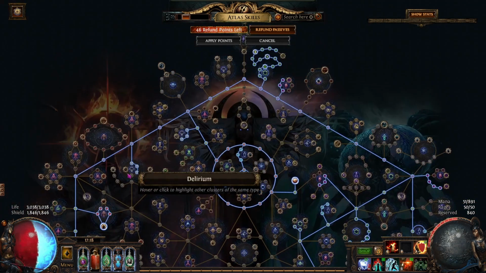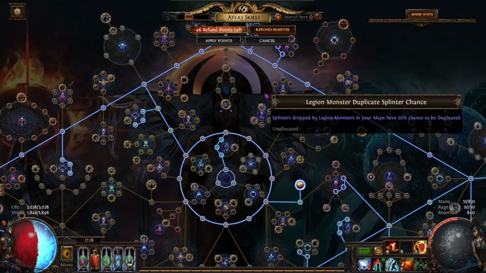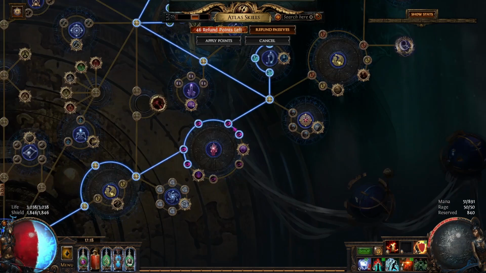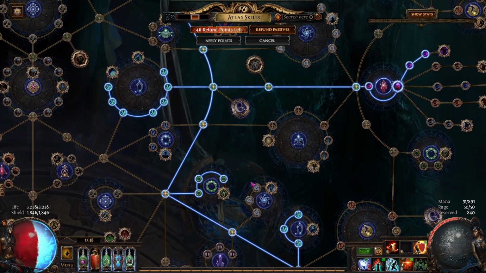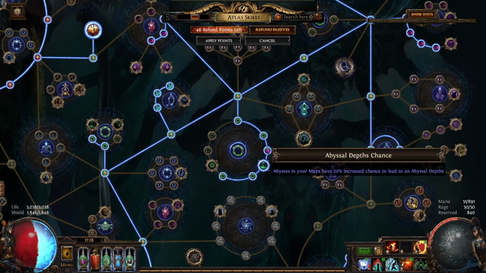Now we're going to want to take all the effect modifiers on non-unique maps here at the top, and we're going to want to take all of the quant wheel here and the quant and rarity in the middle. Other than that, we're taking a bunch of breach chance and increased pack size in breaches, a bunch of harvest chance and increased life force quantity drops, all the abyss chance,